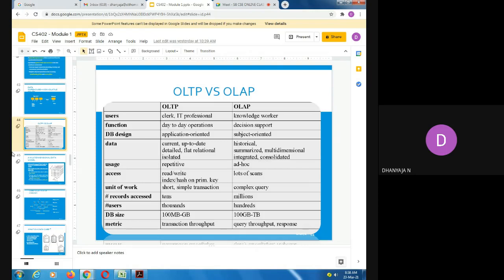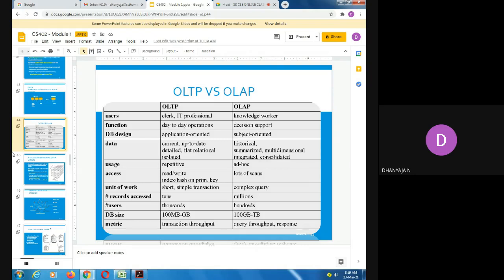So here in OLTP, the data that we will use will be the current scenario, or it will give you an up to date view of the present scenario, and repetitive data will be there. And in the case of access, read and write access will be given for that. And the unit of work is a short or simple transaction query in the case of OLTP.